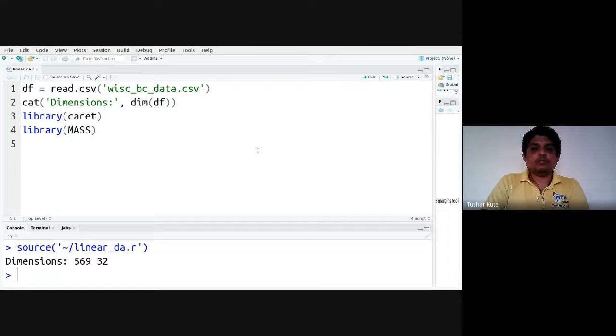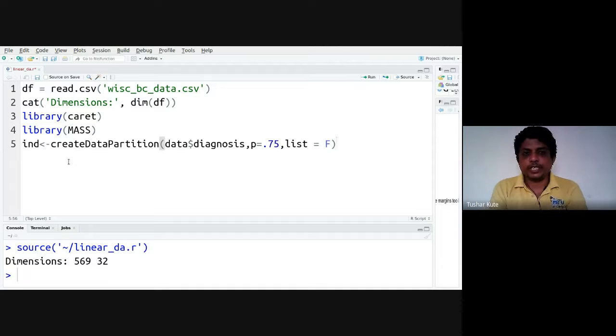After that, we'll create the partition of the data using createDataPartition, the same method that we have seen previously. 75% of entries randomly I'll take into training, and the remaining 25% will go for testing. The createDataPartition function is present in Caret. We create a partition of 75% based on the output variable diagnosis, where a B and M combination is present.